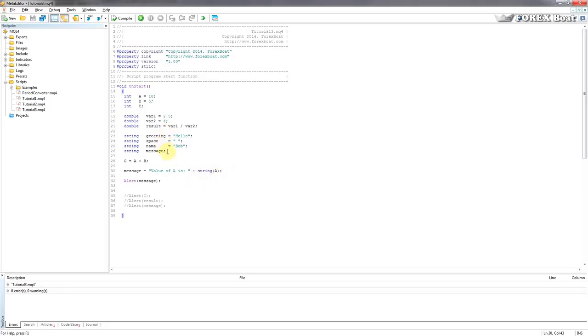So that's basically how you can perform simple operations on variables, and